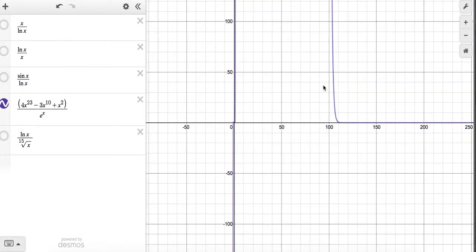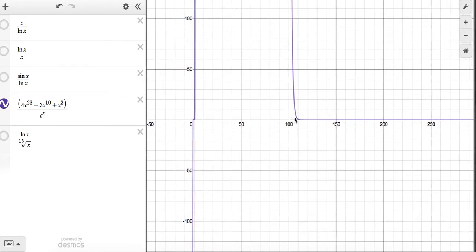eventually you can see that the graph starts coming down because the power of the denominator starts to take over, and it looks like it tends towards 0, and it does. Because the denominator eventually outpowers the numerator. This power 23, it doesn't matter. This e to the power x 100 is going to dominate this power 23. So we have a weak over strong. Although this is strong on top, this is even stronger on the bottom, so that it tends